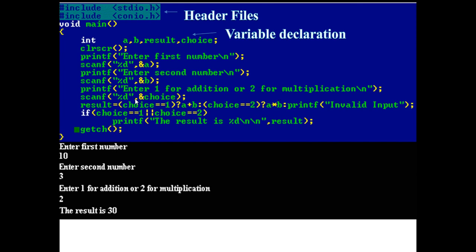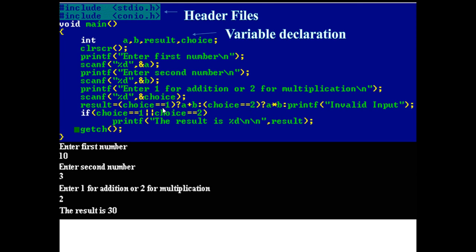Once you enter choice 1, then choice equal to 1 will be true, and the value will be 1, so this expression will be valid. Then you can perform a plus b, or you can check choice 2 again.